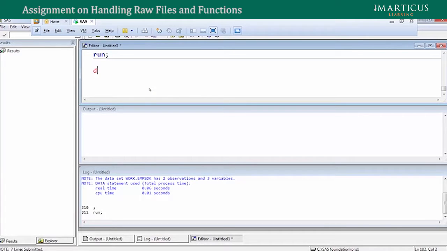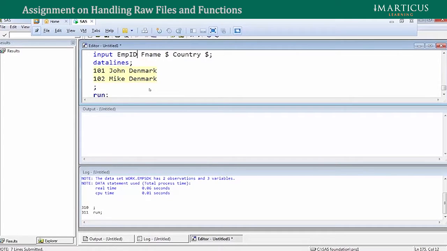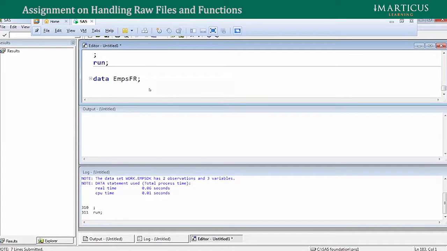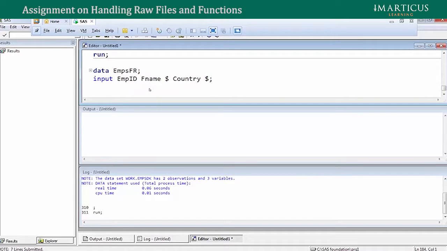Now let me create a similar data set to represent the employees of France. So I say data EMPS FR. Then I say input. We'll keep the structure of this data set similar to that of Denmark. So I say input EMPID, fname dollar, and country dollar. Then I say data lines,